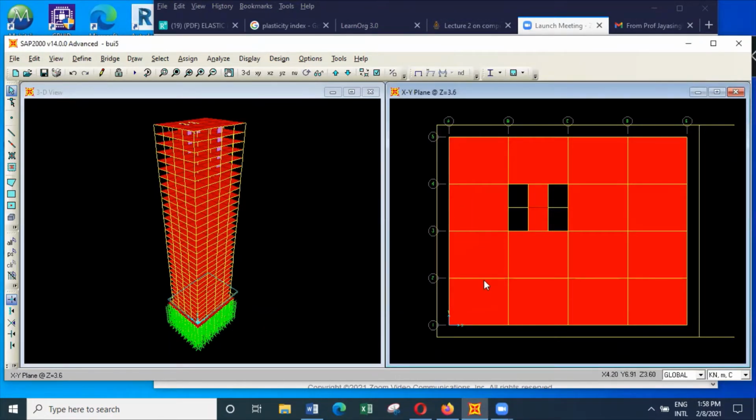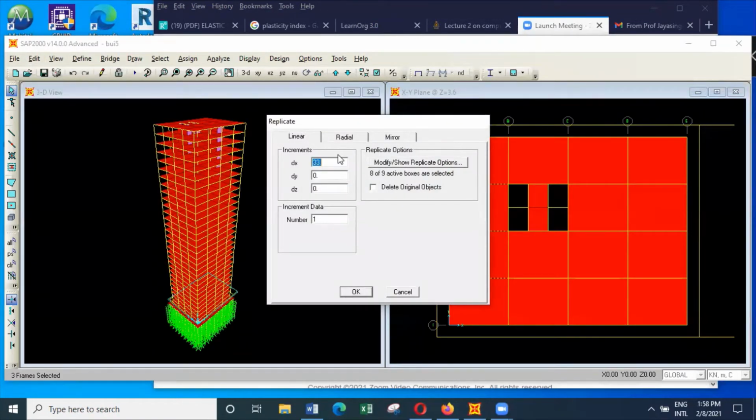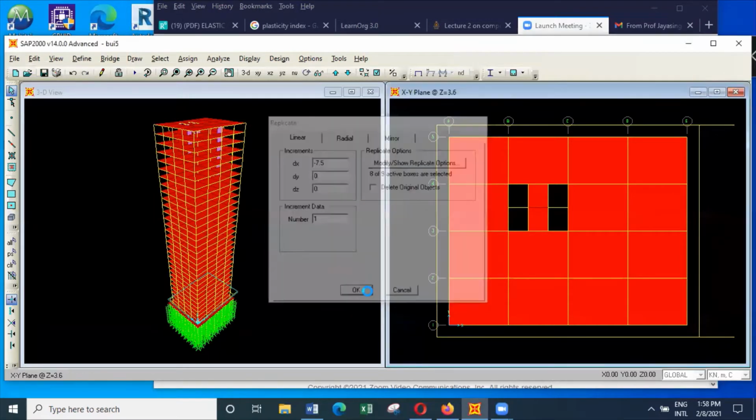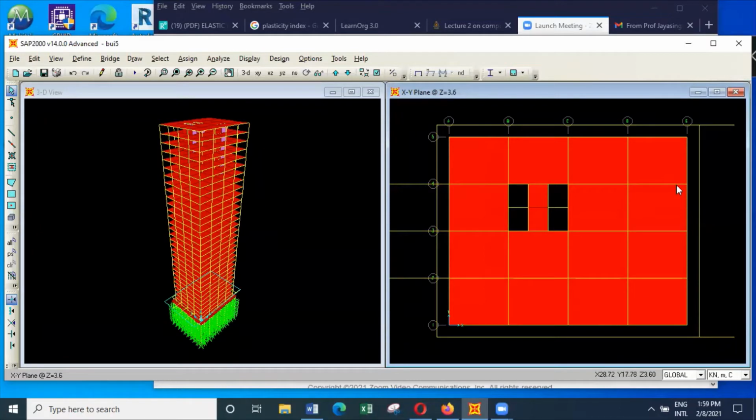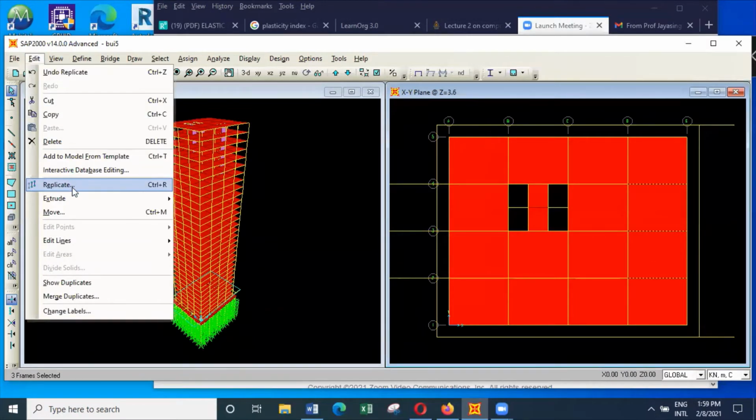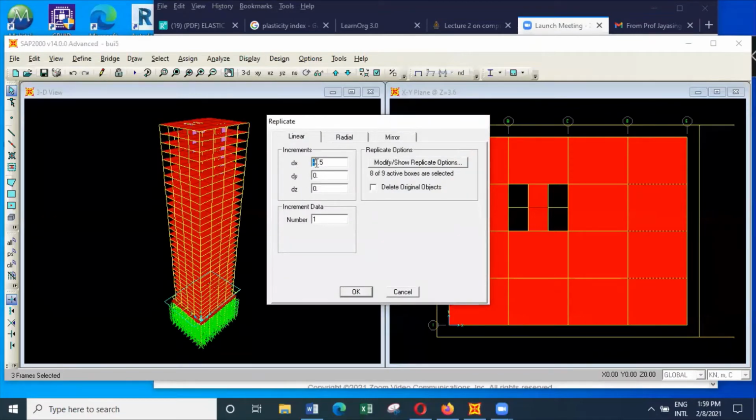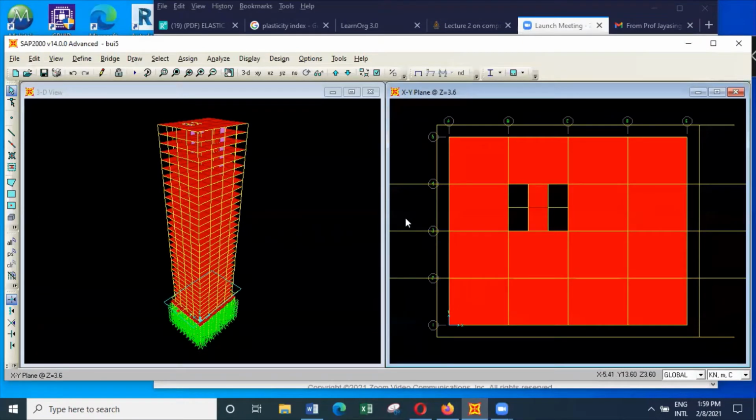And also can extend. Okay, to offset. And then